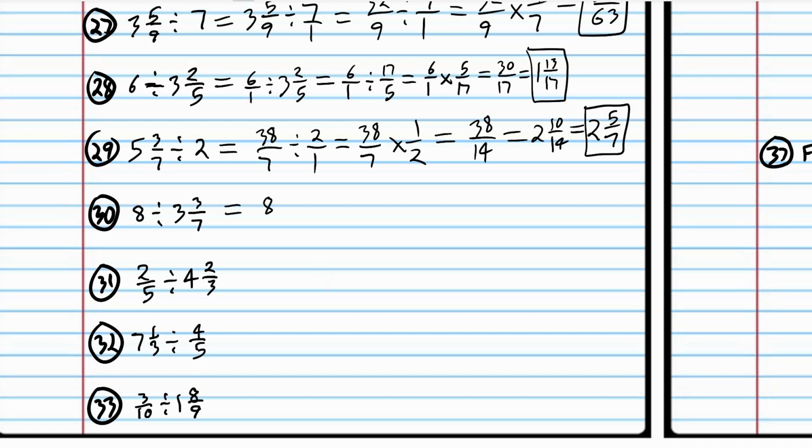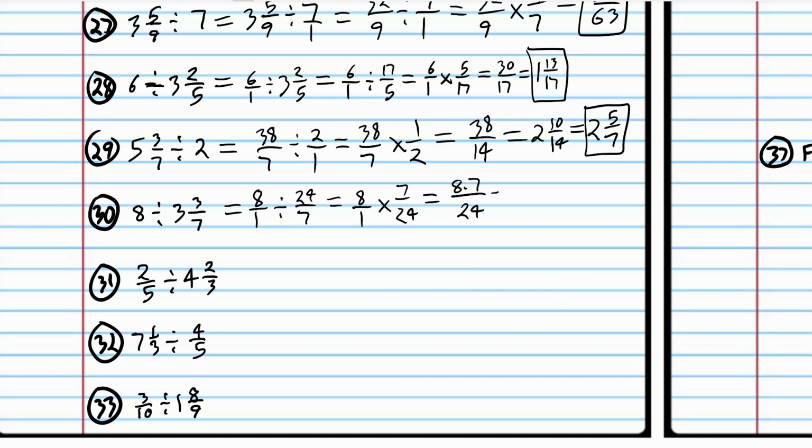All right, we're back. Rewrite is 8 over 1. And change to an improper fraction. And use the division algorithm. Multiply straight across. The fraction algorithm. And 24, if you know your multiplication facts, you know 24 is 3 times 8. So we just wrote 24 as 3 times 8. 8's cancel out, and you're left with 7 over 3, but we can't leave it as 7 over 3 because